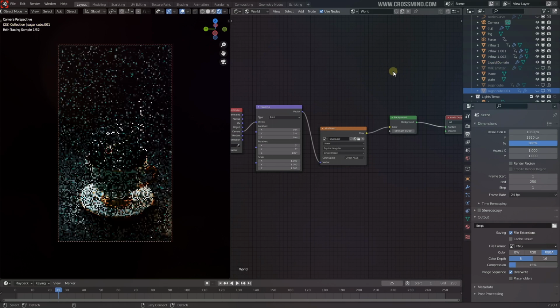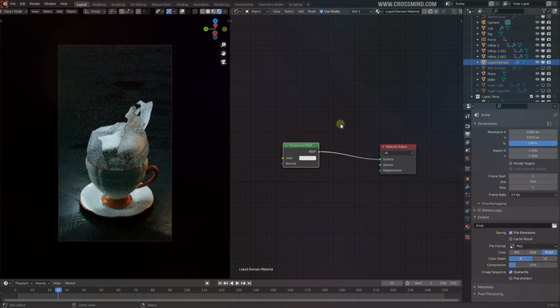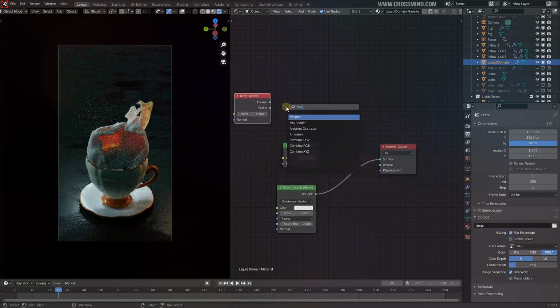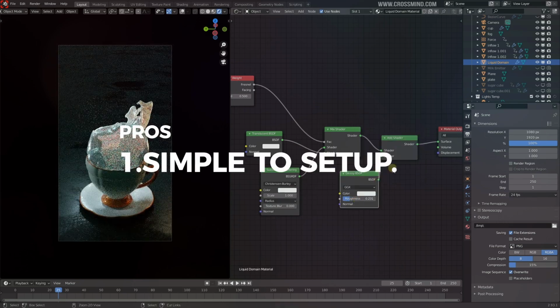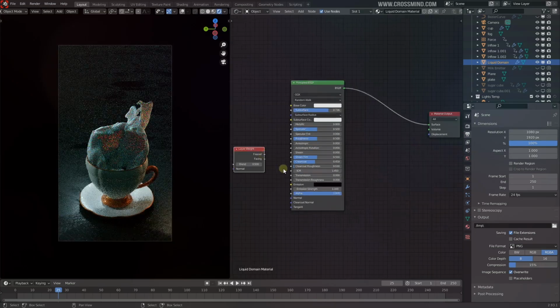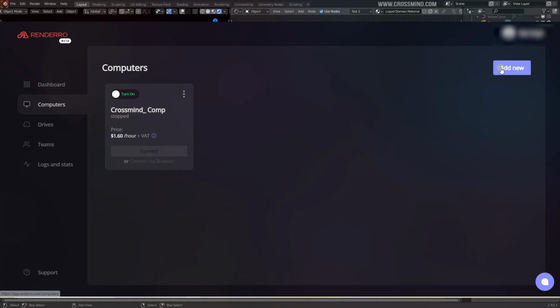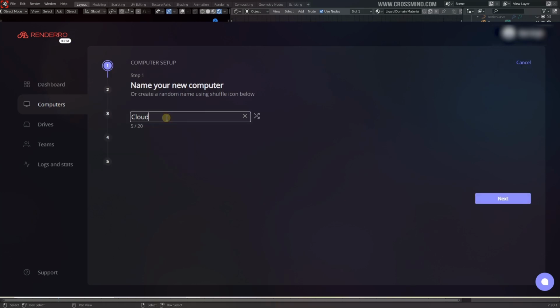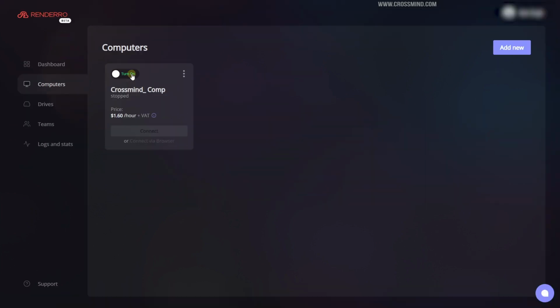Now after using Rendero for about a week or so, here's my list of pros and cons, basically things I liked about Rendero and things which could be improved in the future. The one thing I liked about Rendero is it's super easy to set up. There is no fancy interface typically used for cloud computers. All you need to do is just click on add computer based on your current project requirements from the given options. Now turn it on and it gives you a window interface just as you would expect from your own